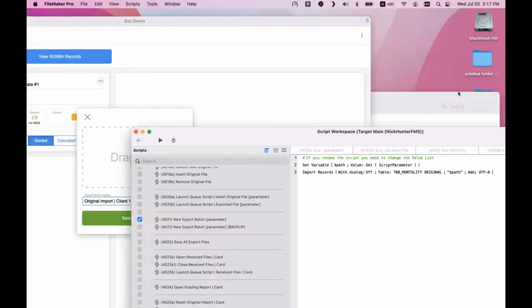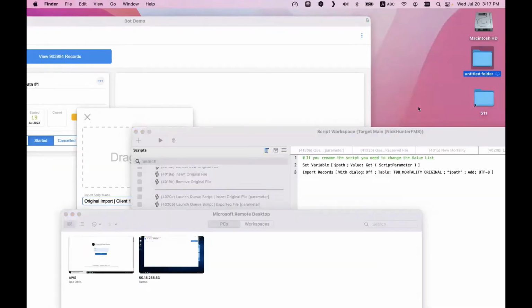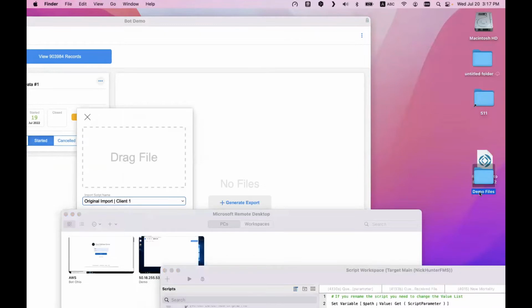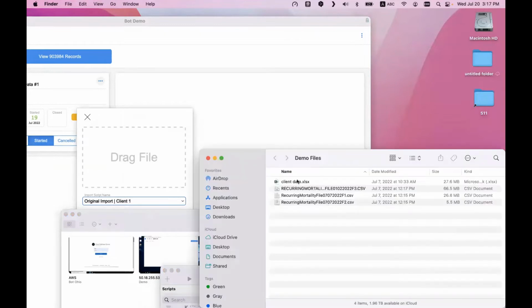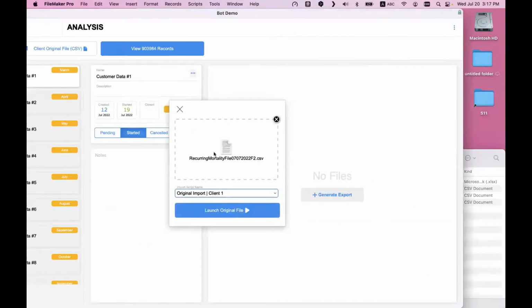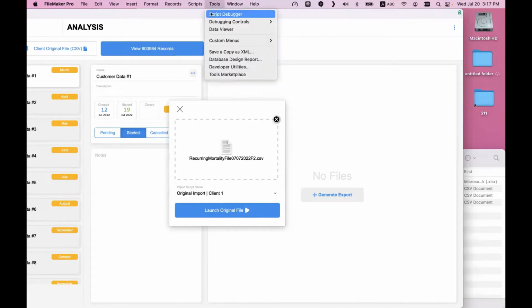So I'm going to the demo file here. These are those zoom commands. I want to know what this script is. I'm showing the script debugger.